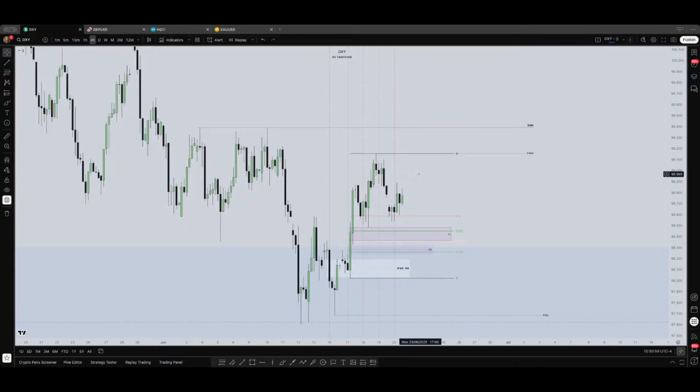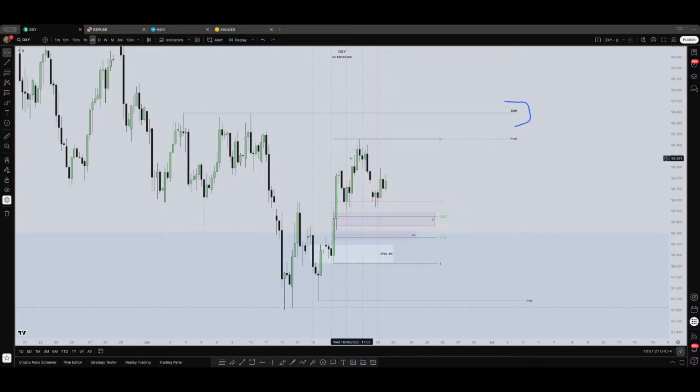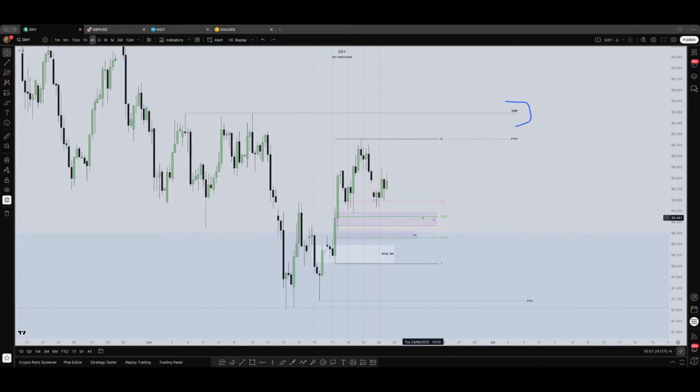So yeah, we don't have so much here. We have, of course, also interest in these equal highs. This is a level I like to keep in mind: the equal highs, equal lows, or relative equal highs or relative equal lows. Yeah. Okay. So far that is my game plan.